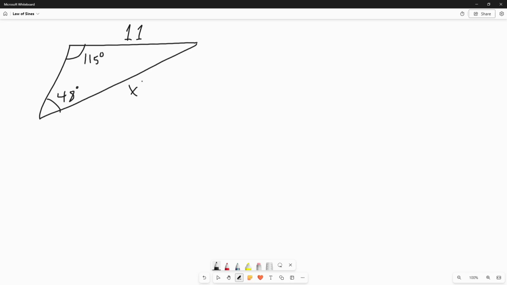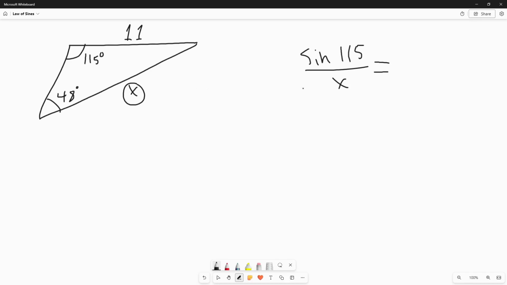So, since we have this x right here, we want to include this x in the equation we will be using. So we need to put something over x, which is the side length. And the something over that will be the sine of the corresponding angle of that side. And the corresponding angle will be 115. So sine 115 over x is equal to